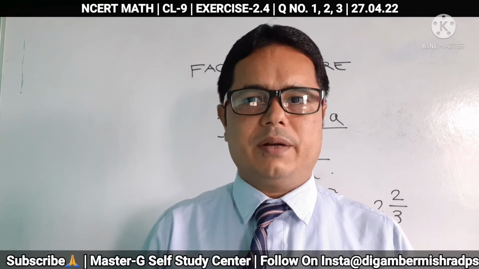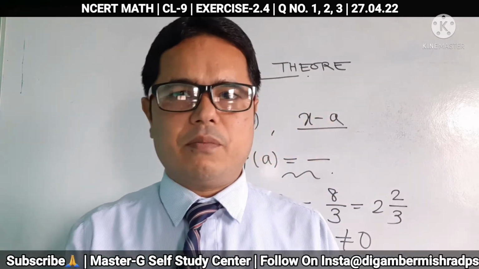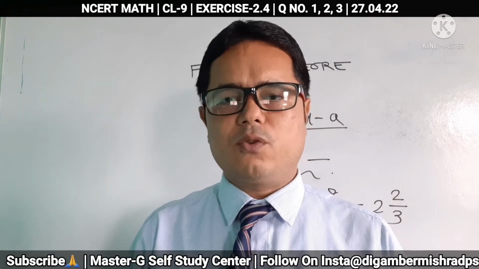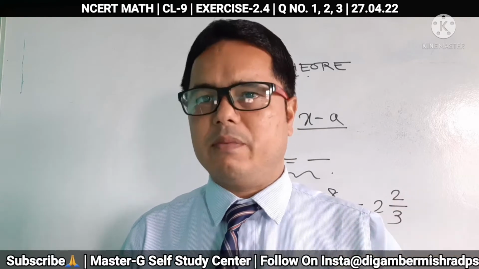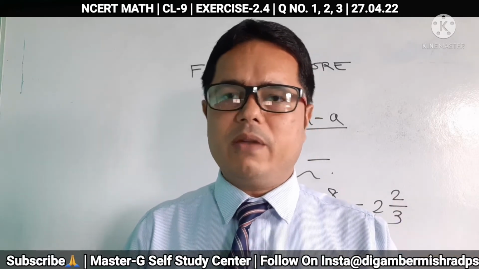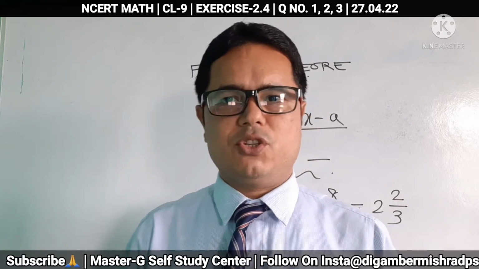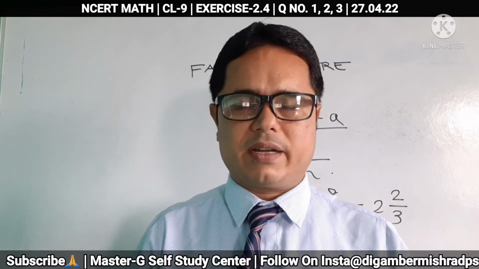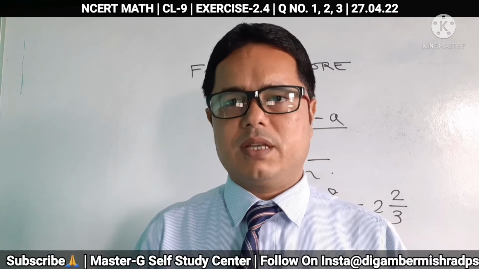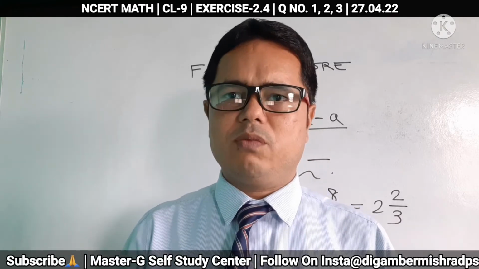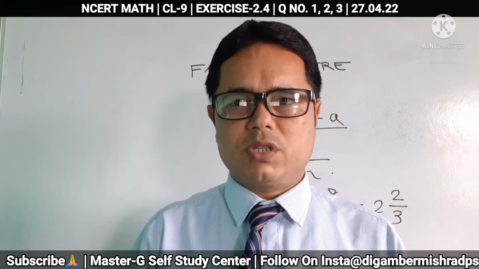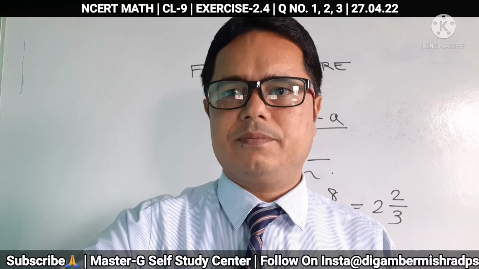So in algebra, to check whether the given polynomial is a factor of another or not, we need to find the remainder using the remainder theorem, not by long division. Using the remainder theorem, we will find the remainder, and if it comes 0, we will say yes, it is a factor. And if it doesn't come 0, if any other number comes, anything except 0, then we will say no, it is not a factor. So let's do a few sums from the given exercise.